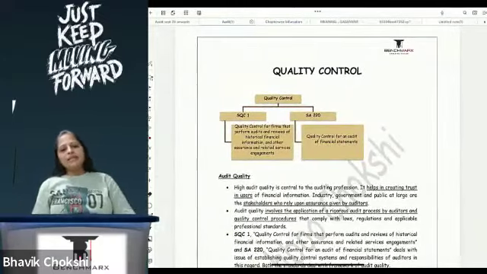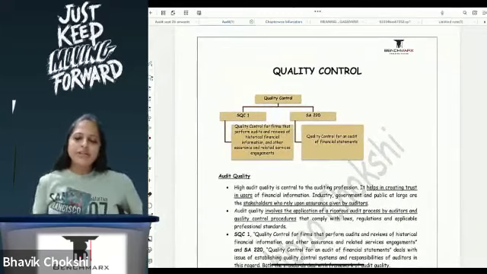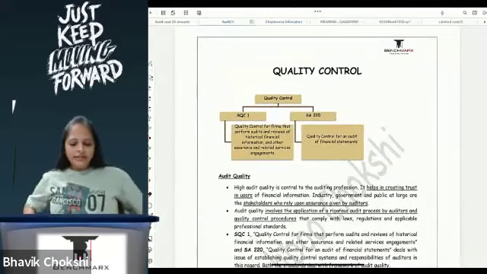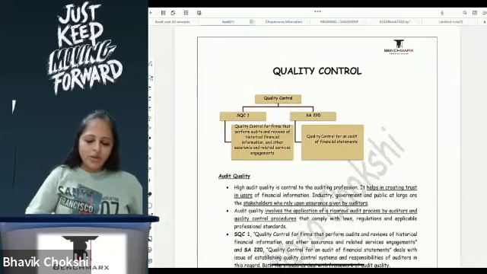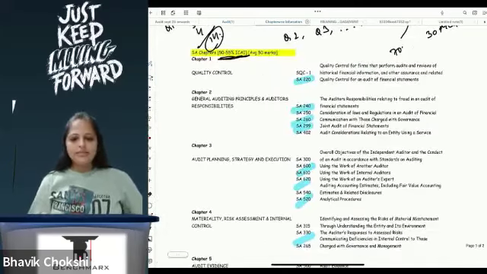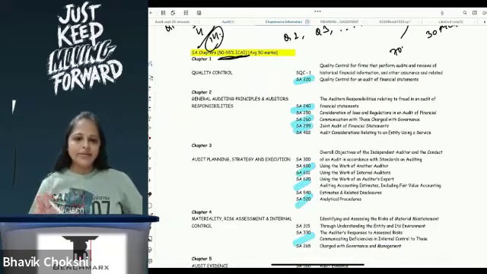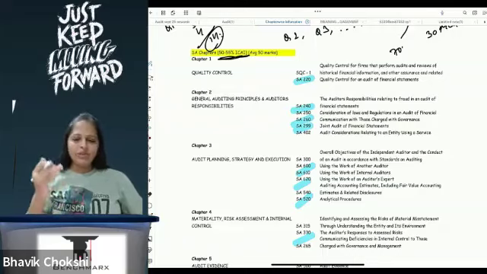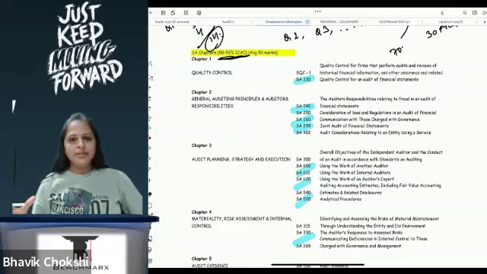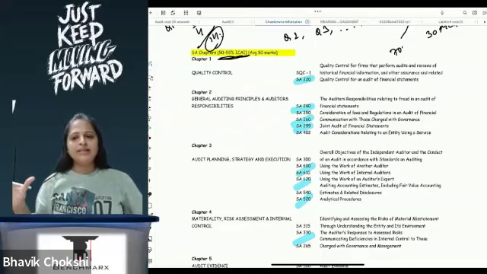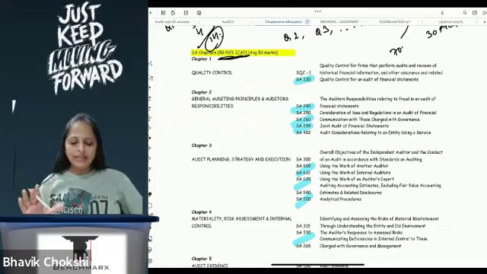Quality control is basically divided into two parts. Each chapter we are talking about some SA. We are discussing certain standards, and based on what we are discussing, there are different series. So there is the 200 series, 300, 400, 600, 700. So there are different series depending on what we are discussing. Say, for example, if we are discussing reporting, then we will talk about all the SAs under the 700 series. So for each area there is one different series that we have.